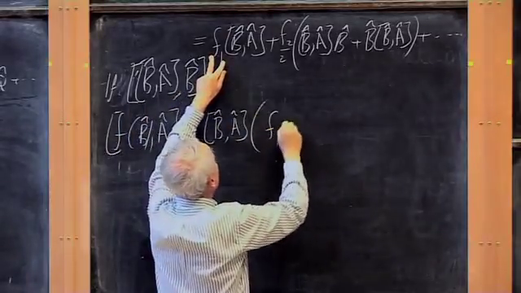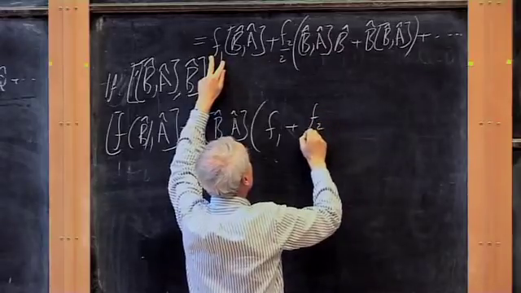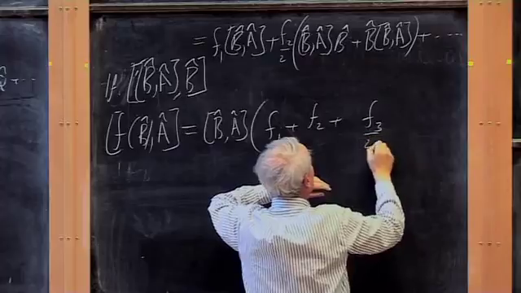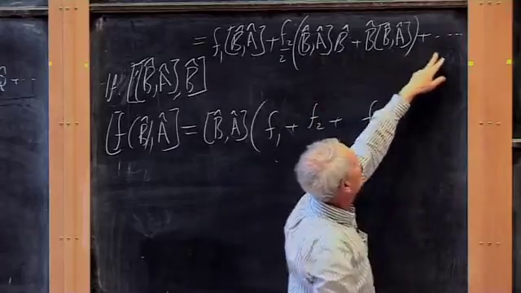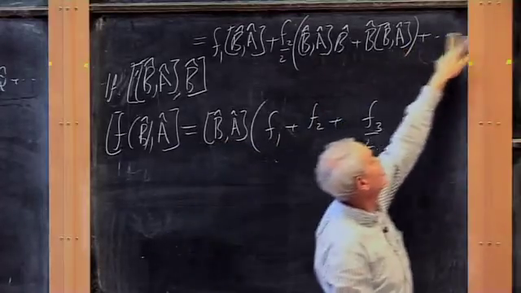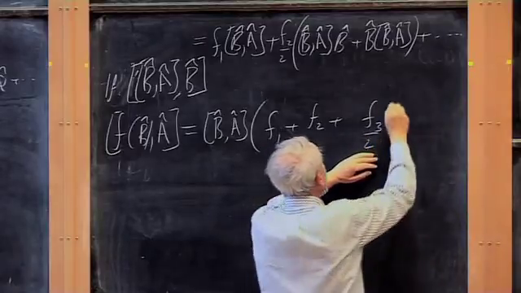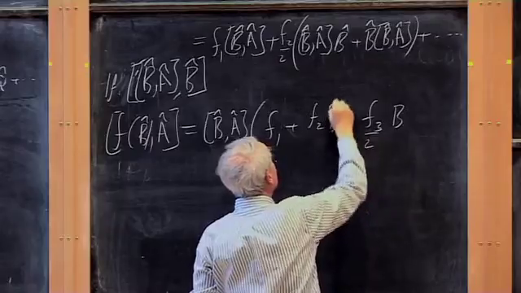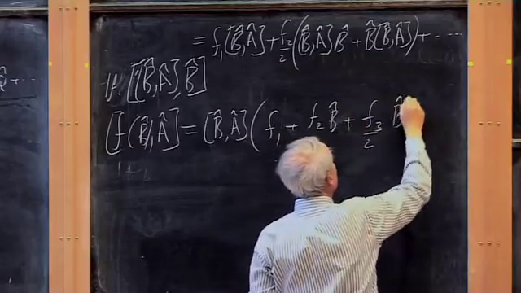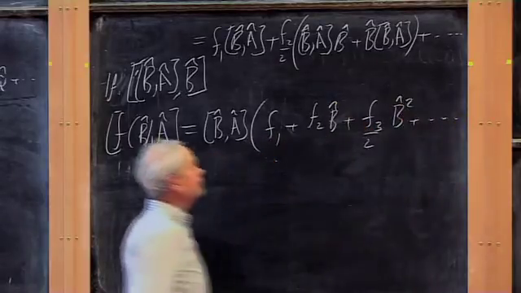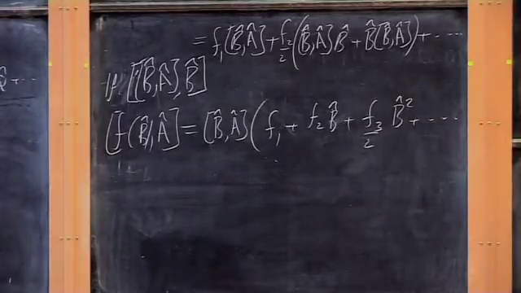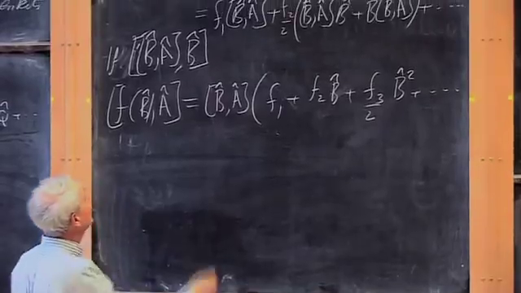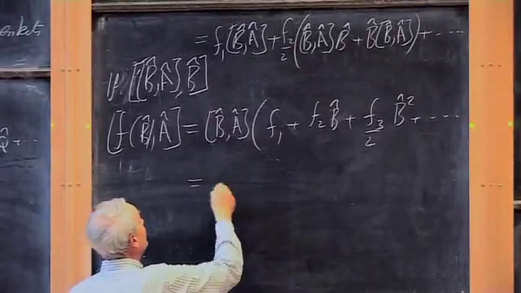times f1 plus f2 plus, and you see it'll be f3 over 2, because the f3 would have been over 3 factorial, but we would have had 3 terms. Oh, sorry, this is going to be times B. Oh, silly me. This is going to be times B hat. This is going to be times B hat squared plus. So this is what this will all reduce to, which can be more conveniently written as